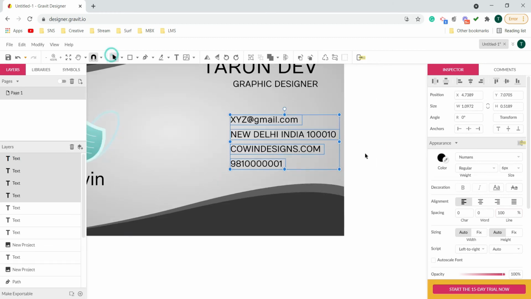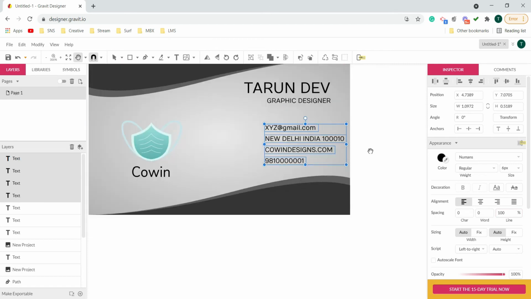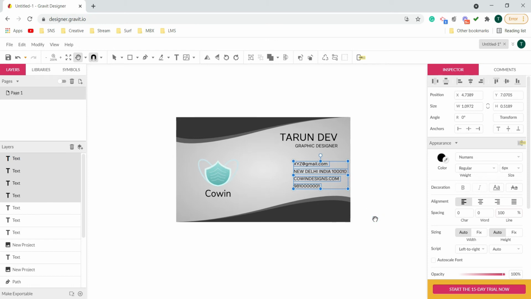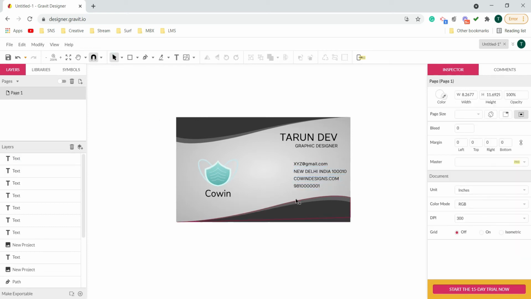Now the design part is almost done. The only thing I want to do is bring out more of the design aspect. What I'll do is add some icons over here which will relate more to us, because right now I cannot tell at a glance that this is an email. It should show that this is the email which is written, this is the address which is written, this is the website. So what I'll do, I'll come to the file menu